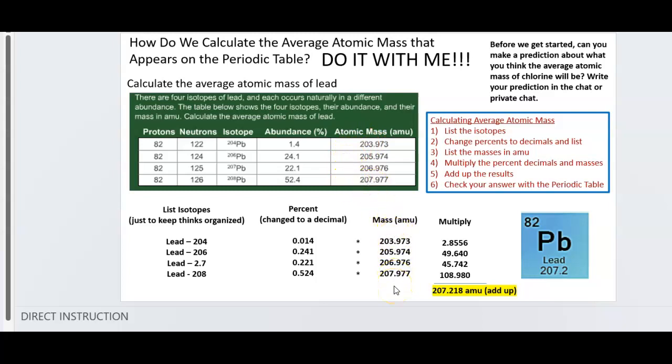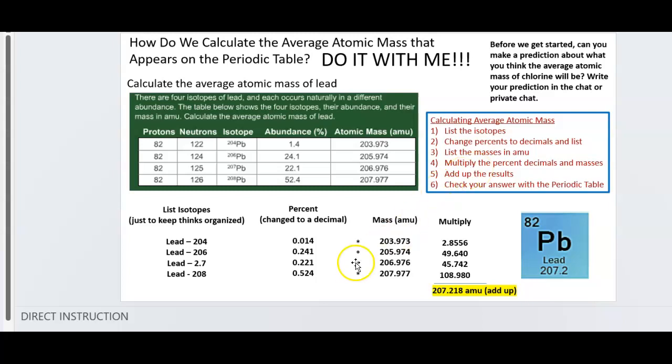So in a word problem, you kind of have to weed through it and find the information. Here they've given it to you in table form, so you could just take it back down. The only thing you want to be careful of, even in the first problem, is changing percent to a decimal, right? And so now step 4 is to multiply across, or multiply the percents changed to decimals times